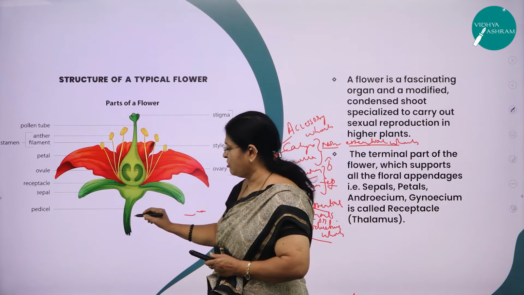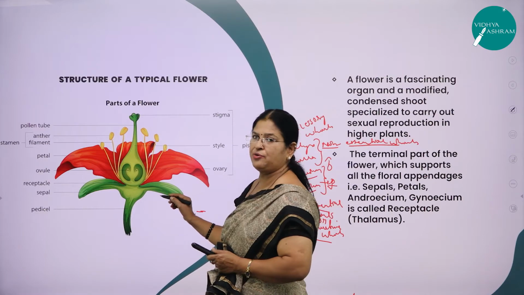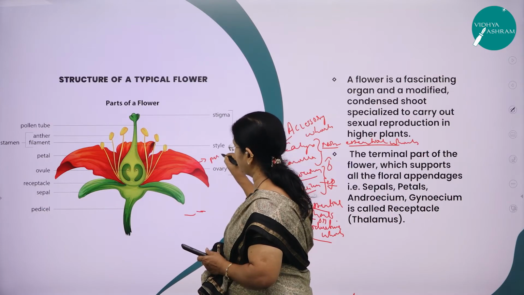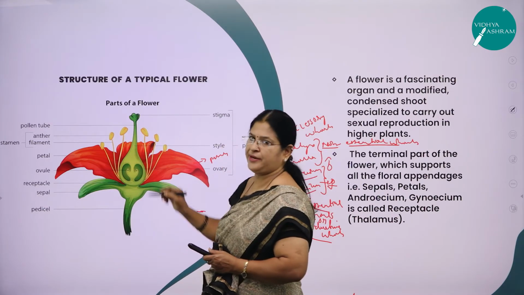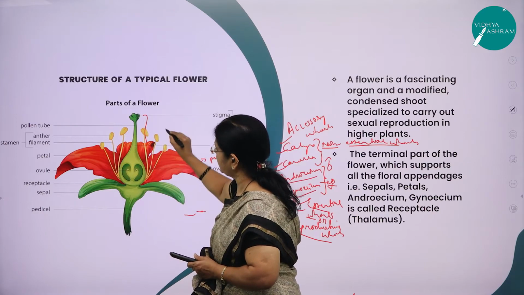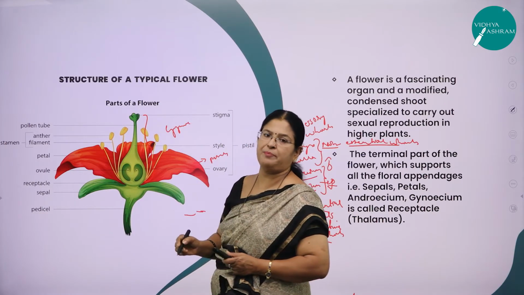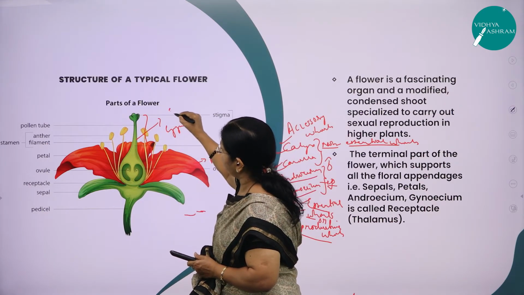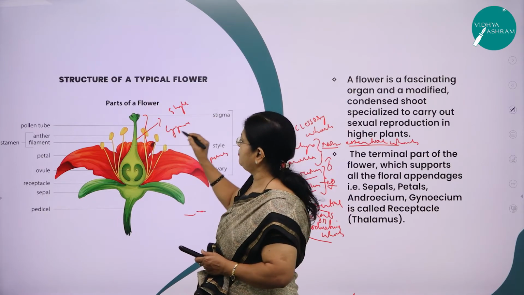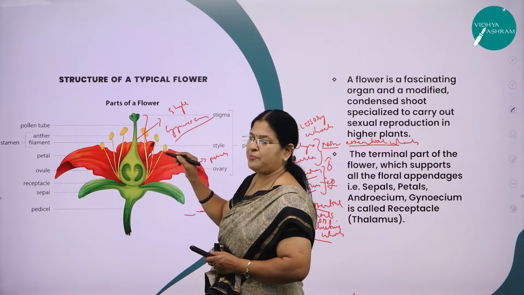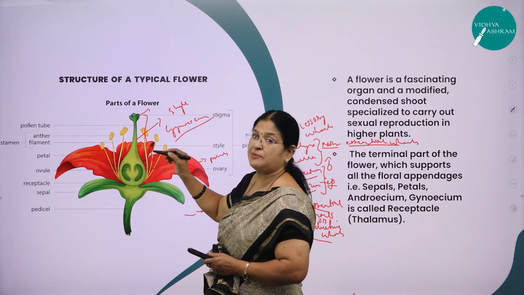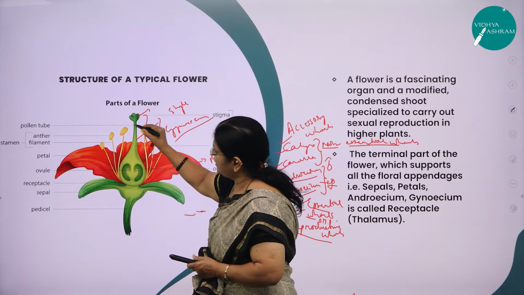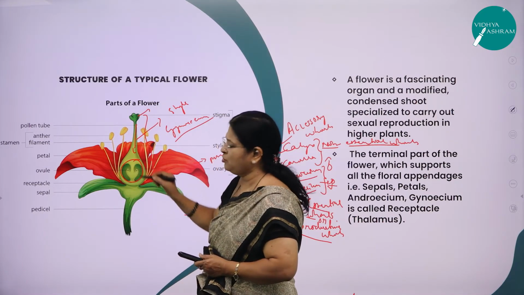As I said, the stalk of a flower is called the pedicel, the units of calyx are called sepals, and the units of corolla are called petals. So this is the petal, and here you can see the ovary. This whole part you call the gynoecium. What are the three very important parts of gynoecium, the female reproductive part of a flower? Stigma, style and ovary. This is the stigma where the pollen grains come and fall through a process called pollination, right? This slender part is the style, and this is the ovary with the ovules.